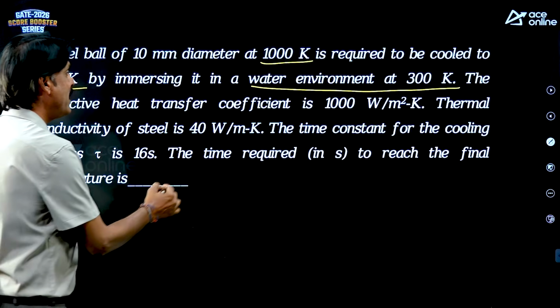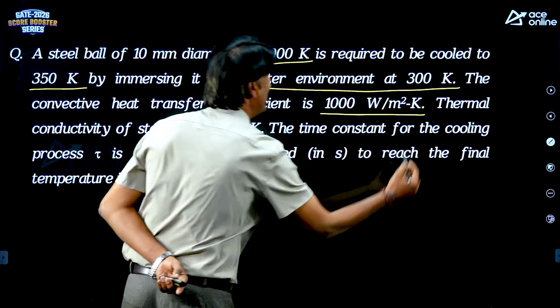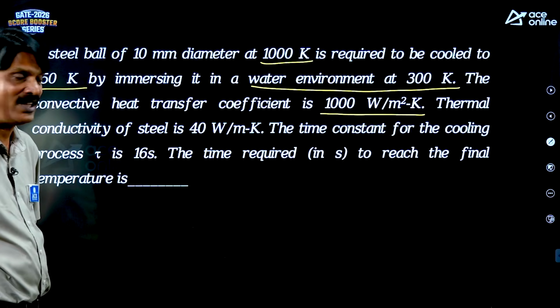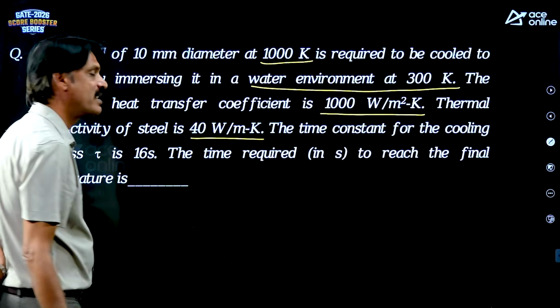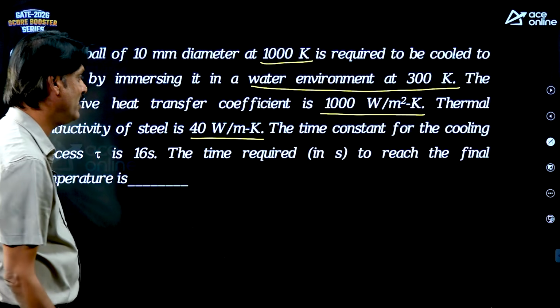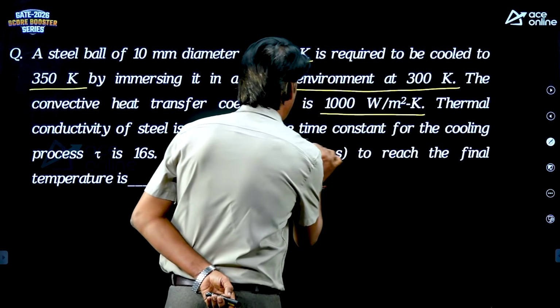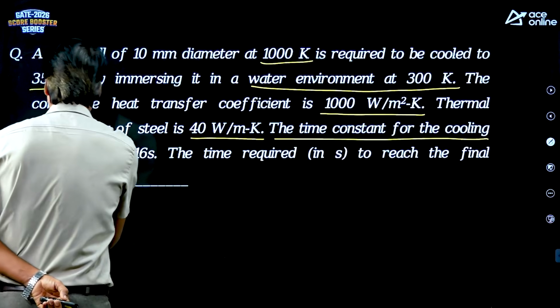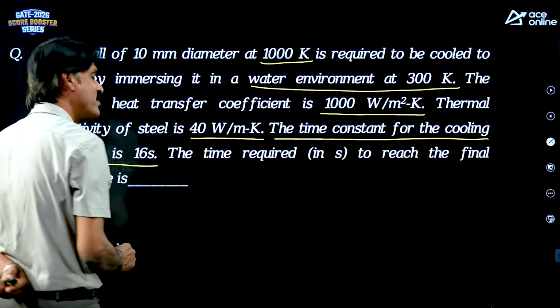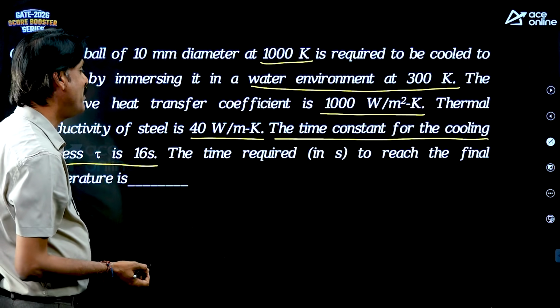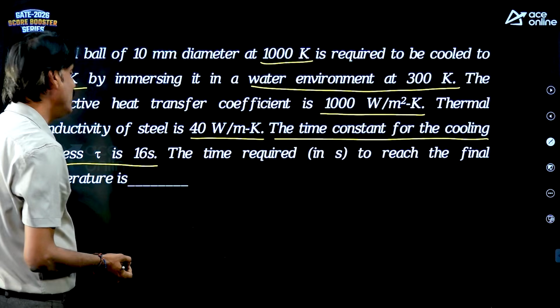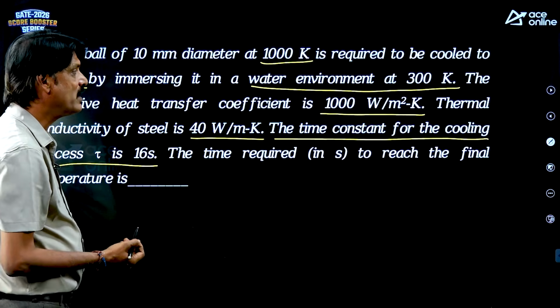The convective heat transfer coefficient, h, is 1000 watt per meter square Kelvin. Thermal conductivity of steel, k, is given 40 watt per meter Kelvin. The time constant for cooling the process is 16 seconds. Thermal time constants. The time required in seconds to reach the final temperature is,